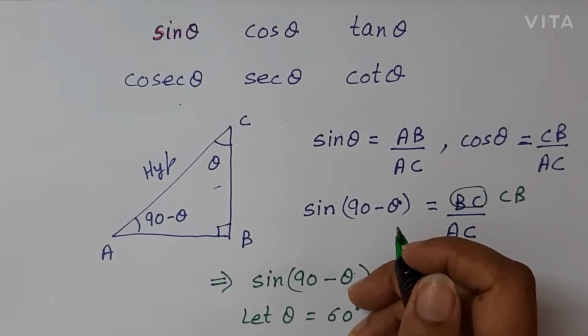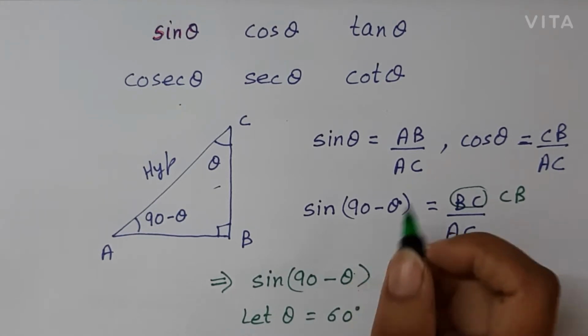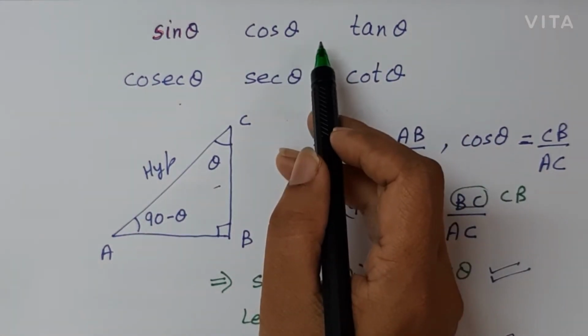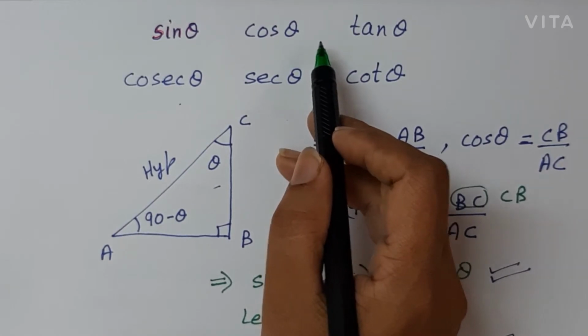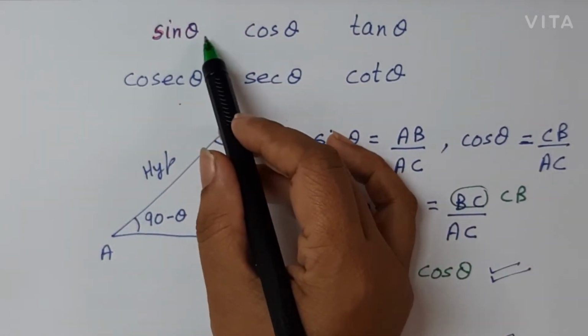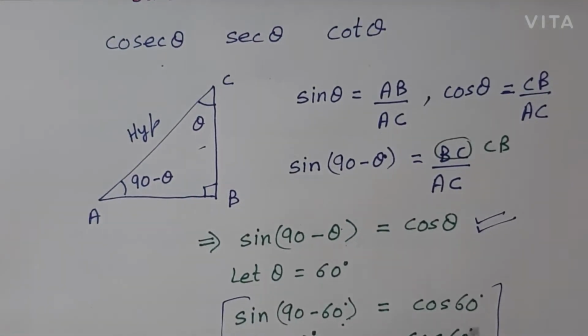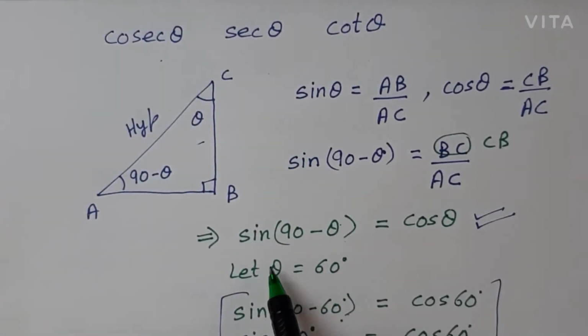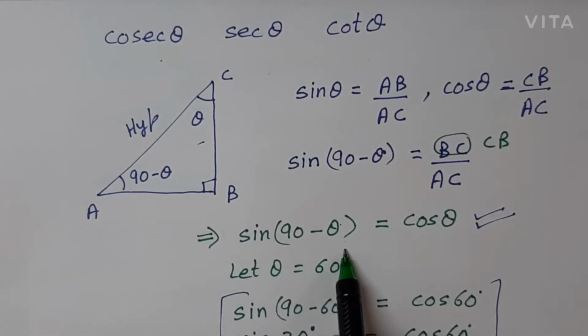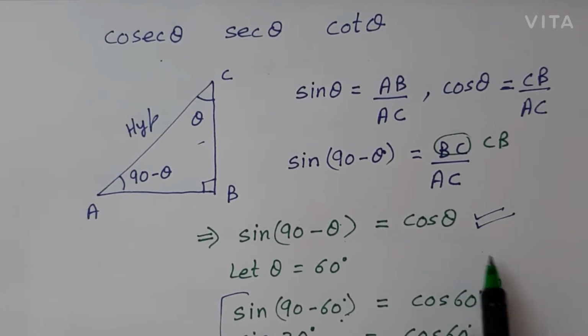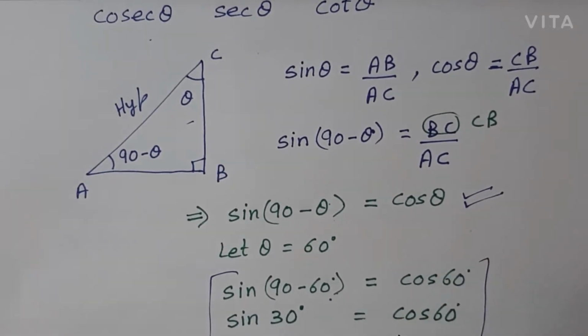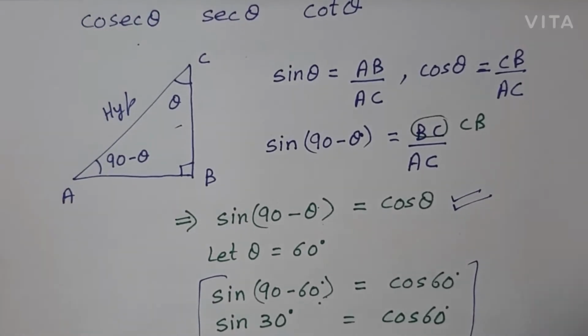Students, this is video part 2 for the subject of Mathematics class 9, topic complementary angles in trigonometric ratios. Now students, in the previous video we have already discussed about sine theta, cosecant theta and so on. Now let us continue with the formula, that is sine 90 minus theta is cos theta and vice versa, cos 90 minus theta is sine theta.